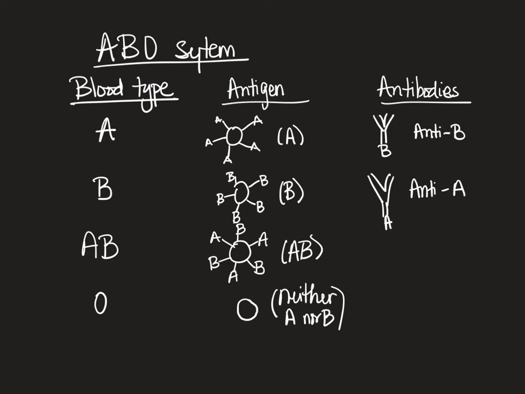Now, AB is a little tricky because if you have type AB blood, you have both the A antigen and the B antigen. So they're not going to make antibody A or antibody B. Okay, so here we're going to write neither